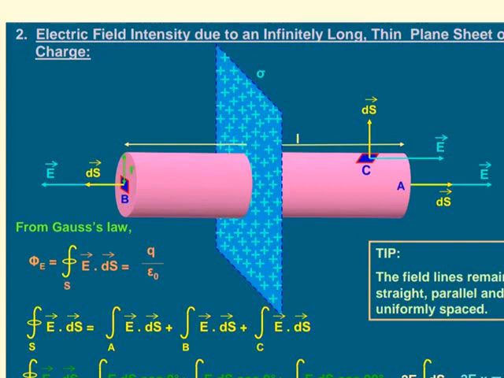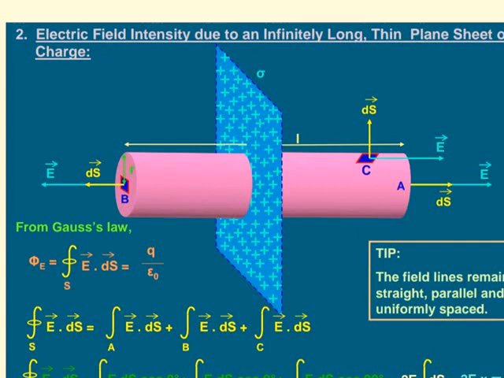You have to choose a cylindrical Gaussian surface of cross-section area A and length L with its axis perpendicular to the sheet. Now, as the lines of force are parallel to the curved surface of the cylinder, the angle between the area vector of the curved surface C and the electric field vector will be 90 degrees, but the area vector will make an angle of 0 degrees with the electric field vector at points A and B, that is, on the circular surfaces.